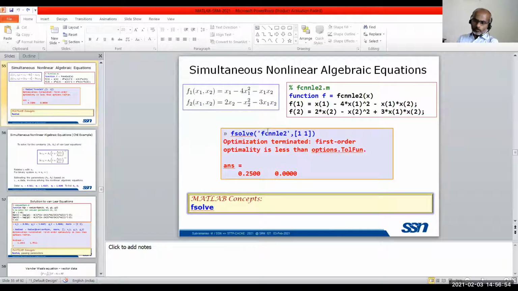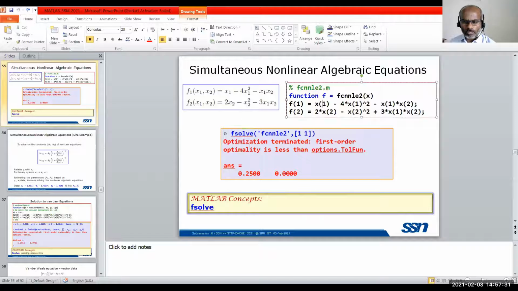Now going to multiple nonlinear equations. For a single nonlinear equation you can use F0, whereas for multiple nonlinear equations, that means multiple variables, not only a single variable, there is a vector of variables. For that we have to use a solver called fsolve. Of course, fsolve is capable of solving even a single function also. F0 can solve only one function, whereas fsolve can solve one or many functions, or one or many variables, if you want to say it correctly.